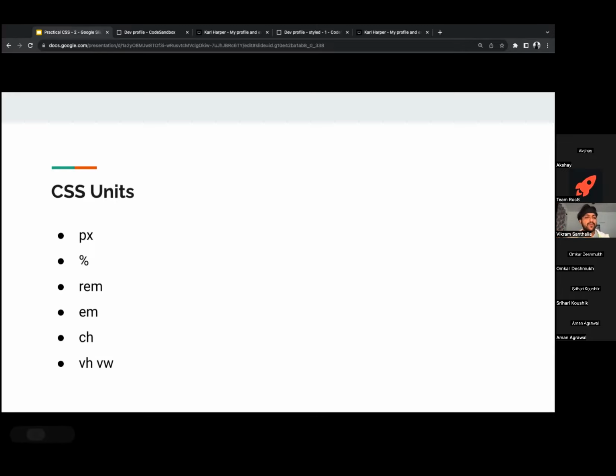So we are talking about ems. Ems are always related to the parent font size, right? So basically, there is a gotcha. You need to remember this. When you talk about length, that means padding and margins, right? Ems will correspond to the parent's computed font size. So ems will always be related to font size. But when you talk about font,